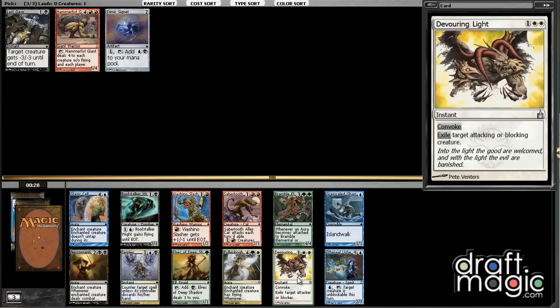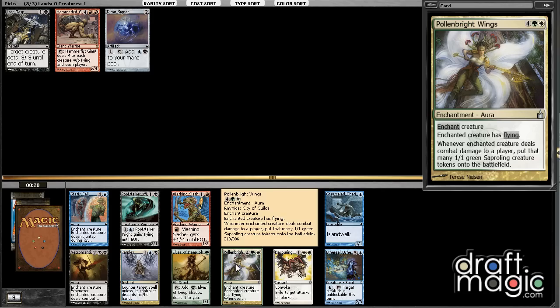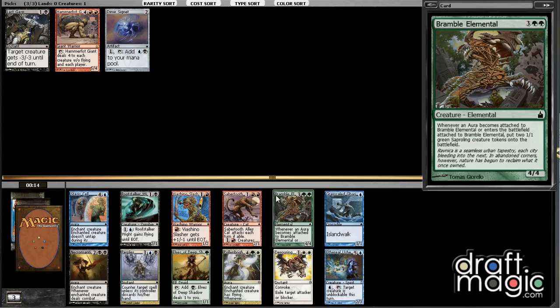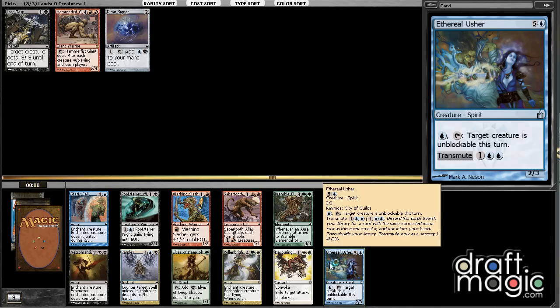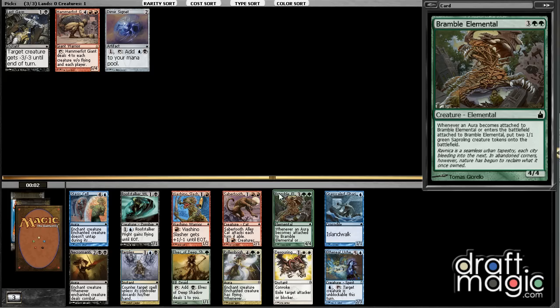This card's sweet, but I mean I could be white. Nothing else in this pack. I actually like this card, just not with a red-black Dimir Signet start. Could take Bramble Elemental. It's probably the best card. This is the only card that's sort of on color. I guess this card is too. He does transmute for the Hammer Fist Giant, if that's something I wanted to do. I'm going to take the Bramble Elemental. I don't know if I like this pick, but...